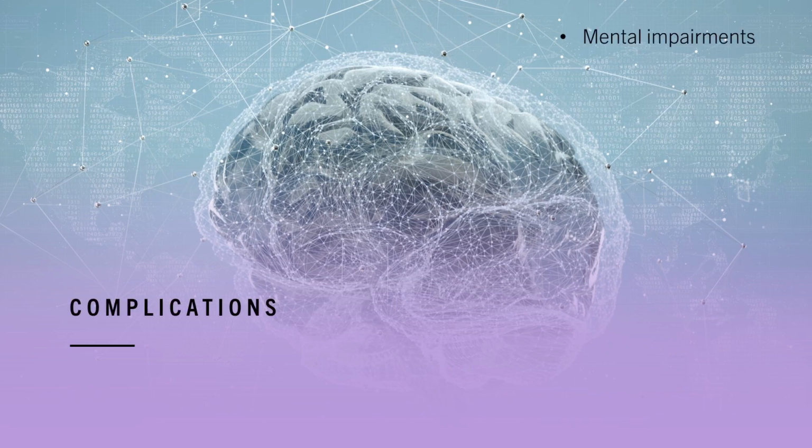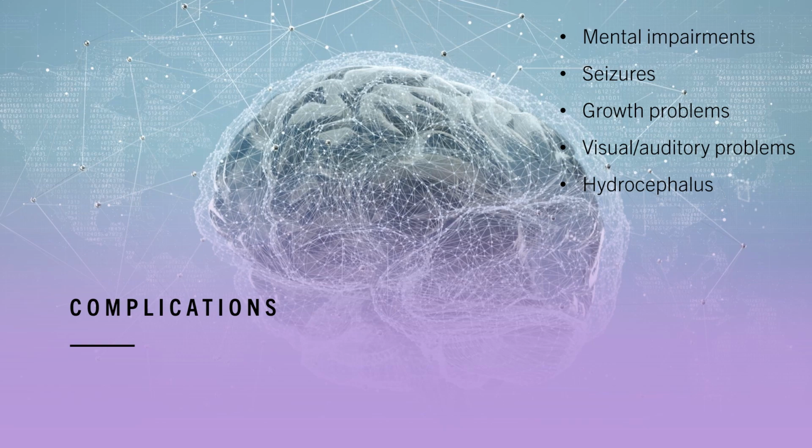And then these are some of the complications of cerebral palsy. They can obviously have some mental impairment. They can have seizures. They can have problems with growth overall, and visual or auditory problems. And frequently there can be some level of hydrocephalus involved as well. So some cerebral palsy patients will need to have VP shunts in place to control